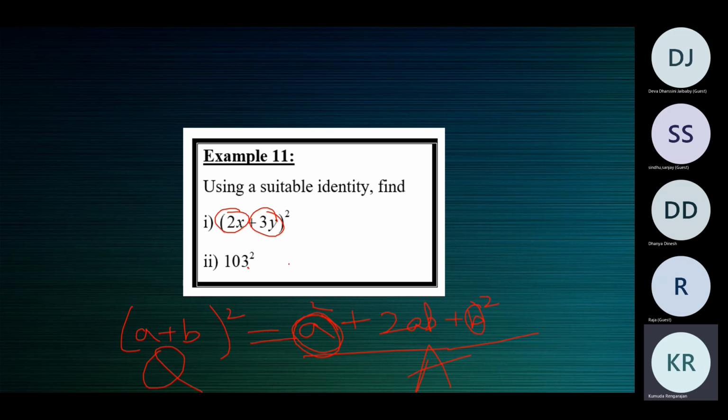So if you write it as 3 plus 100, then a is 3 and b is 100. If you write it as 100 plus 3, a is 100, b is 3. You can write it anyways, but we usually write 100 plus 3. But both of them will give you the answer, 3 plus 100 or 100 plus 3. So now with this,